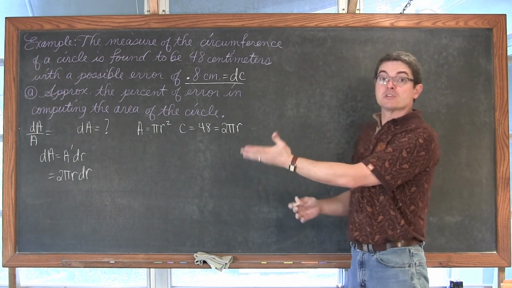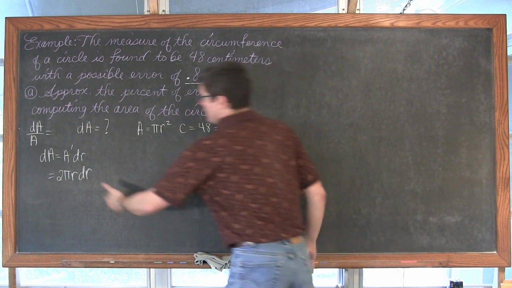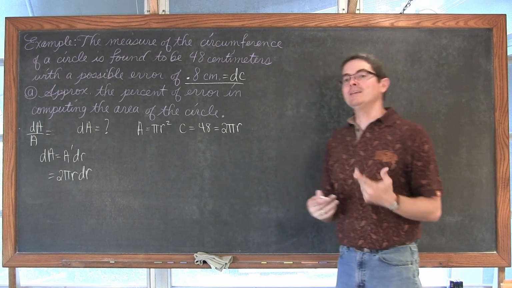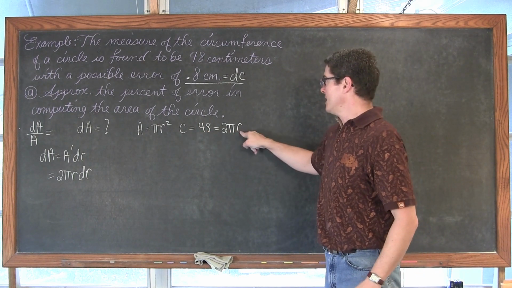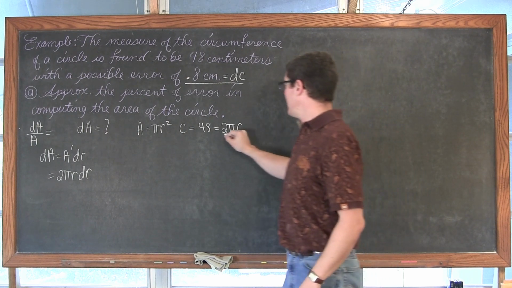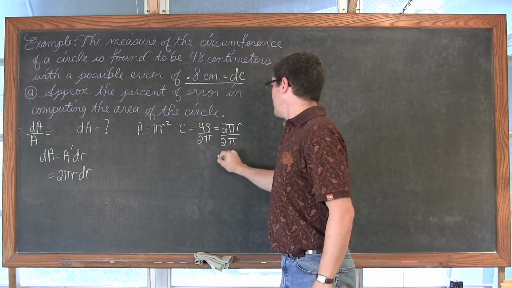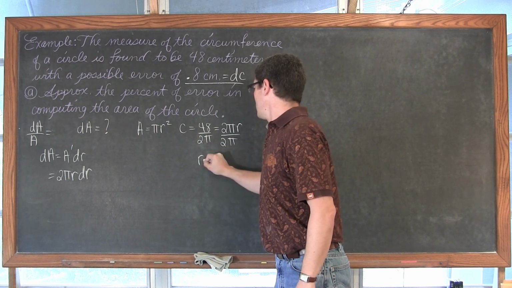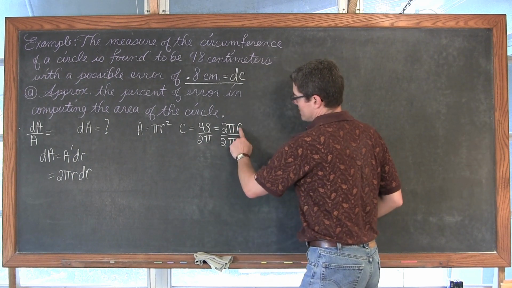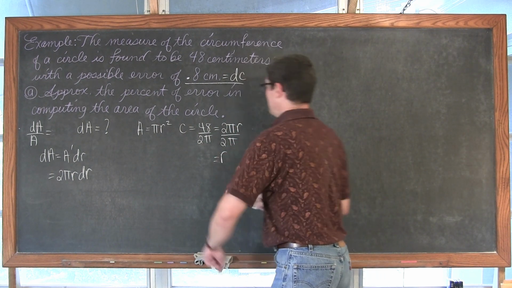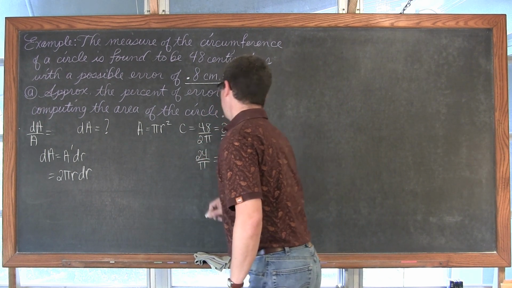So we're going to have to stop our problem, really, and go back to the information and pull out what we need. Like, well, what is the radius? Well, we have right here a formula for the circumference, which is 48 equals 2 pi r. We can divide both sides by 2 pi and get that the radius is equal to, actually, it's not a good idea to keep swapping things back around, so I'll keep r on the right. So we have r is equal to 48 divided by 2, which is 24 over pi.